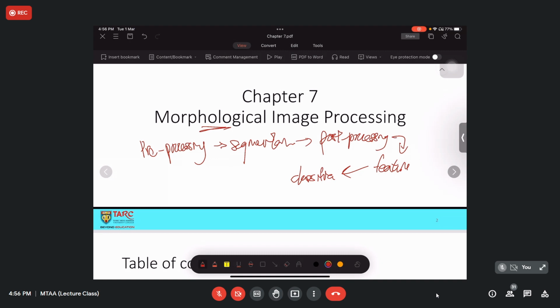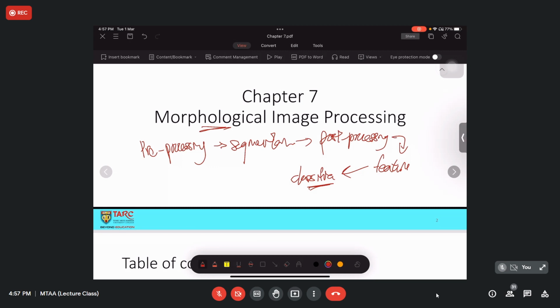Of course, it's still very dependent on the application, because some image processing doesn't really require pre-processing, post-processing, feature extraction or classification, because not all of it involves classifying. When we involve classification, usually we have at least binary groups, which means yes and no, one and zero, good or bad, cancer or non-cancer. You don't need to perform any classification if you have only one group, because everything will belong to that particular group.